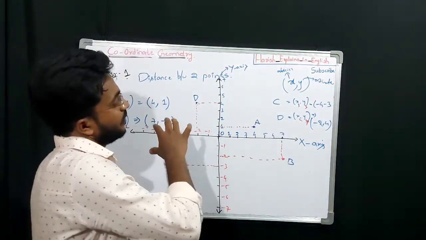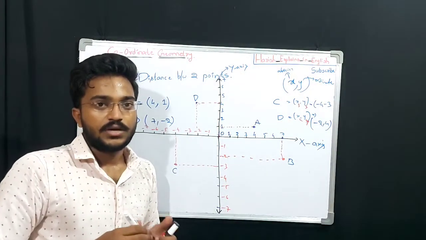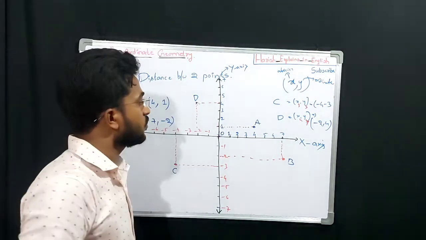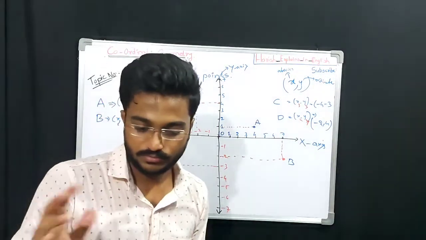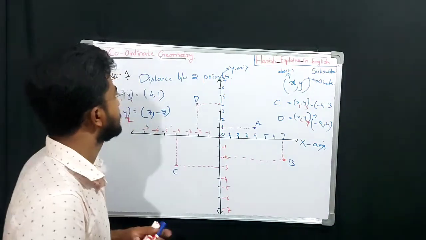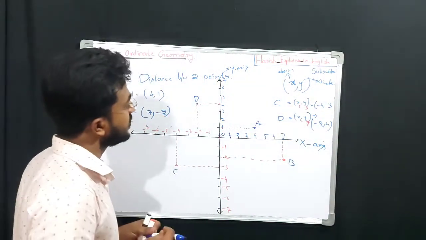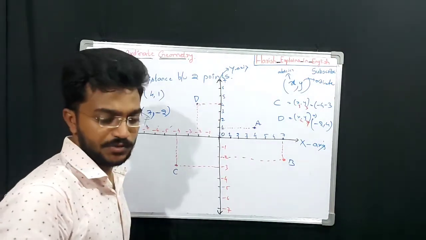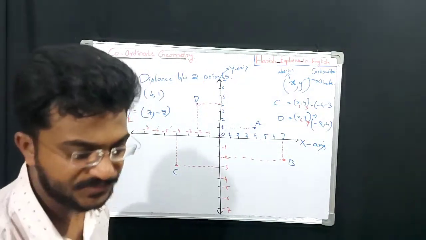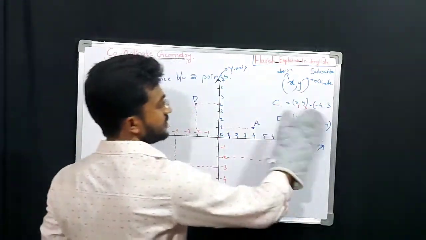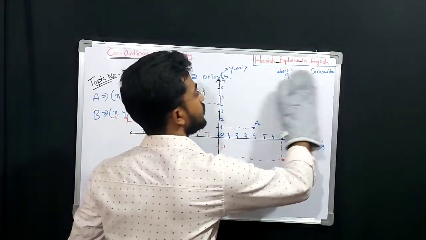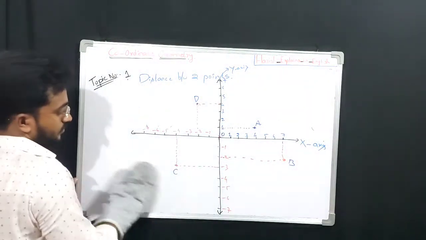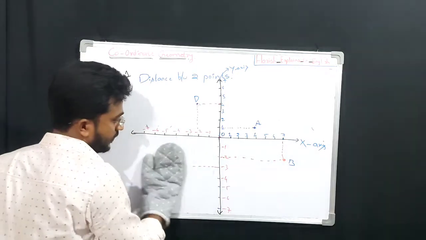So the basic concept is completed to go to distance between 2 points. Let us go to distance between 2 points. In finding the distance, you can take any 2 points like A, B, B, C, C, D. But as I said, you will go with simple topics. So let me erase this so that I can clearly explain the distance. Let me take out these two.